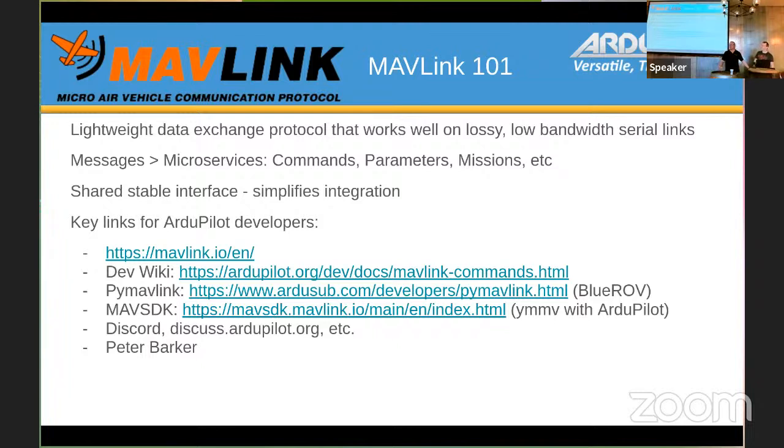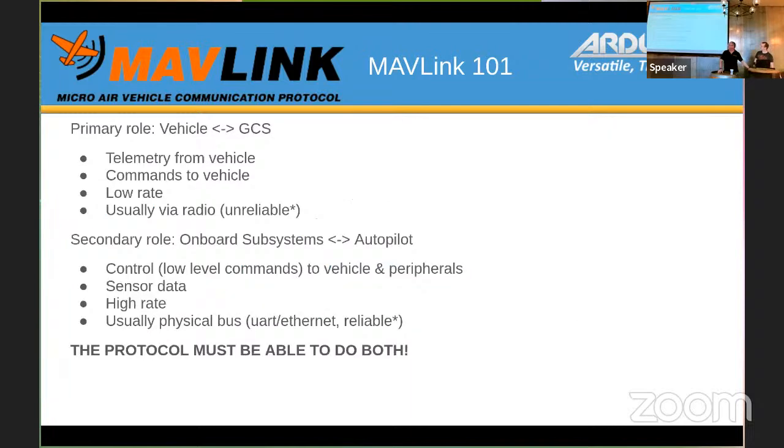So just because a message exists or is defined doesn't mean it's used, which is kind of that point there, and that could cause challenges or frustration. Right. MAVLink does two key things, and they're very, very different use cases and drive different design decisions and have different challenges. You'll find that some of the inconsistencies in MAVLink are basically driven by the conflict of what these two use cases are.